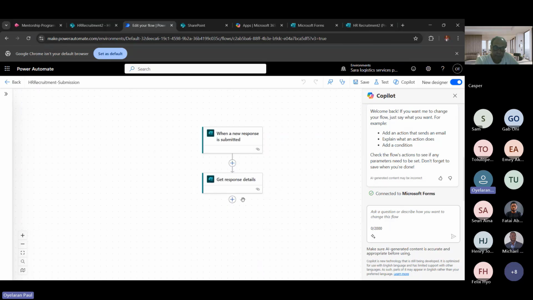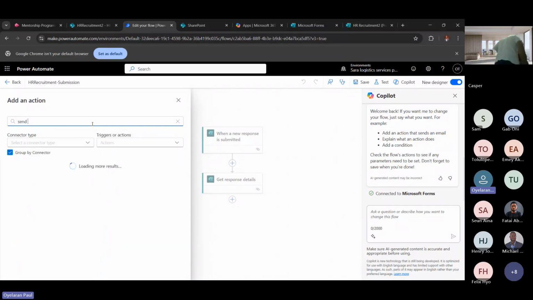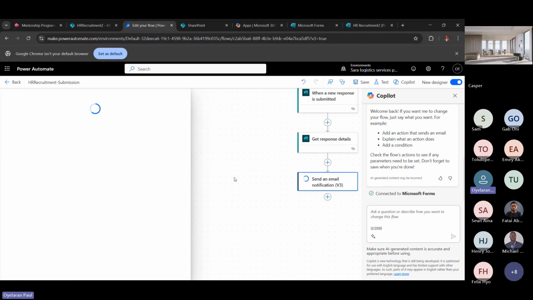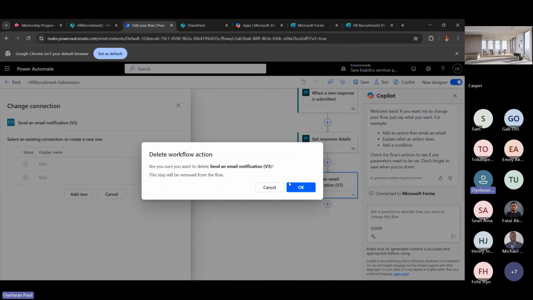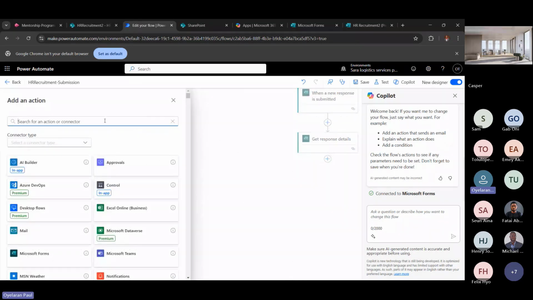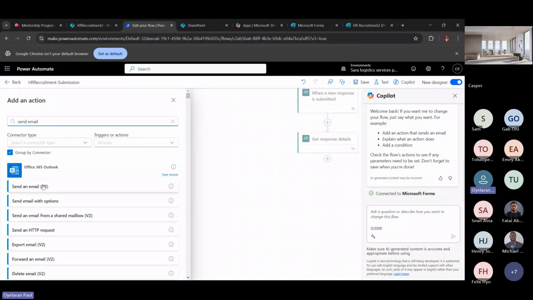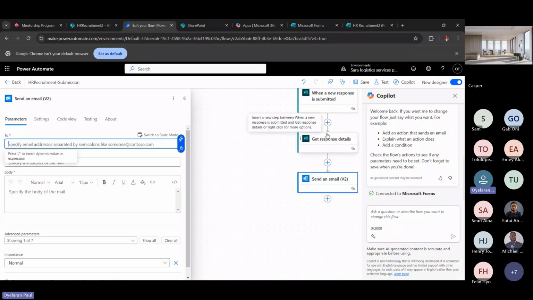So let's check now, because I want to send a mail to the applicant and I'll send a mail to the HR to send email. So let's see. I've not used this one before, so let me use the tool I've been using. I've been using send email V2. I've been using this one often. I don't know much about the difference between them. So hopefully now you know that I've connected my